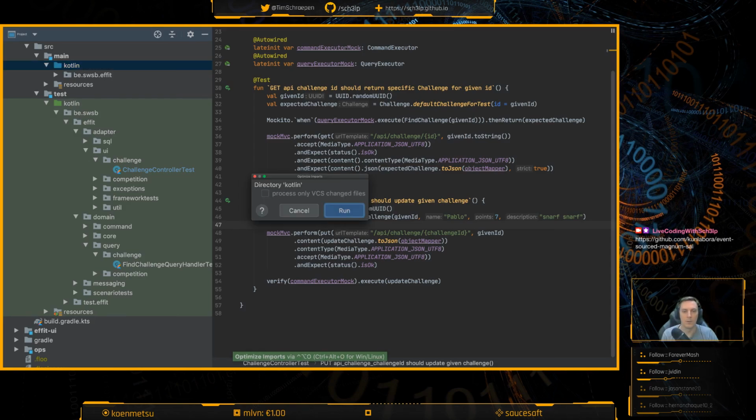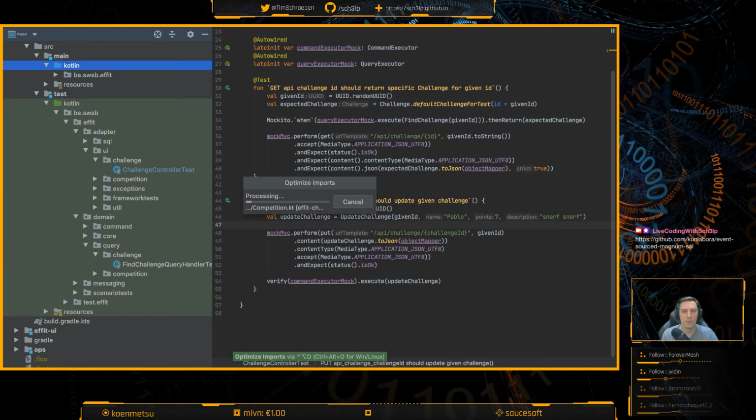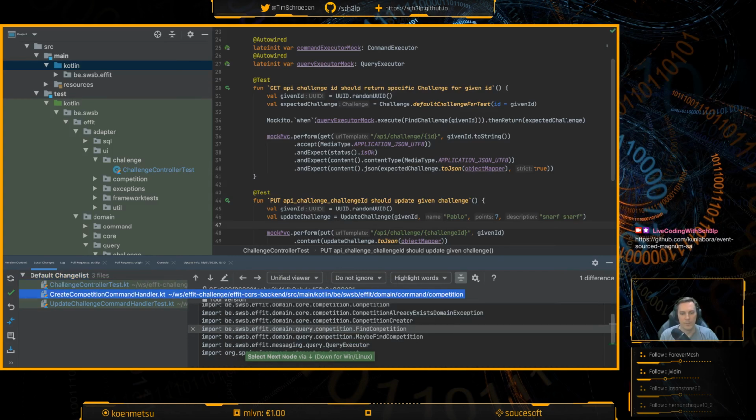And same for production code. And then we'll find out what we changed. Run the tests and on green commit.